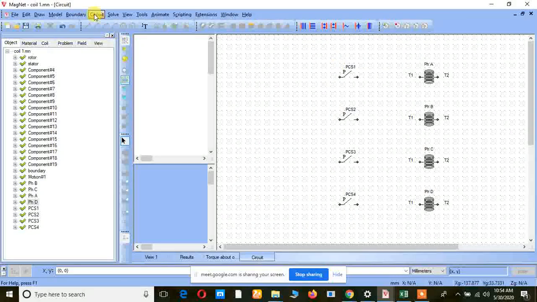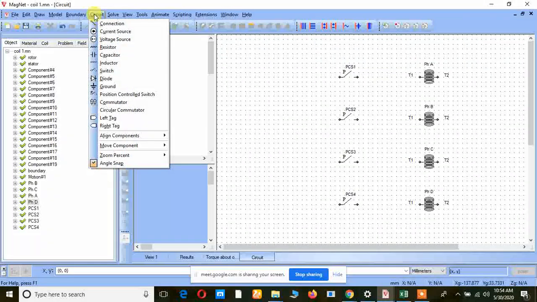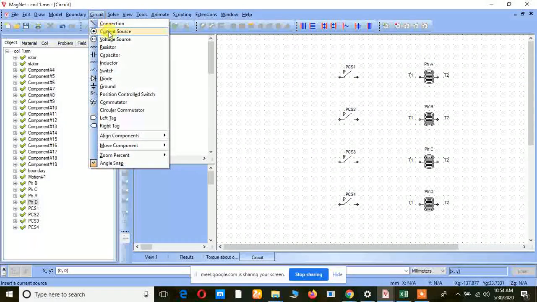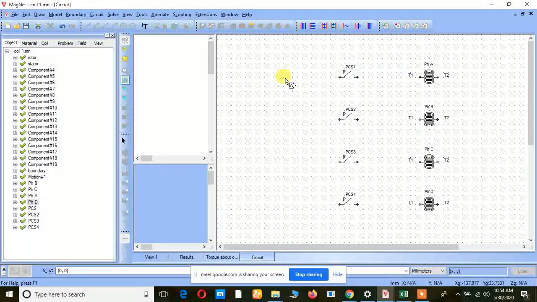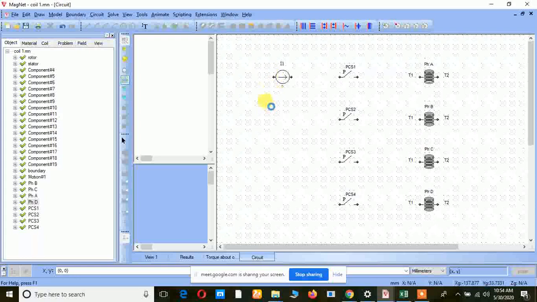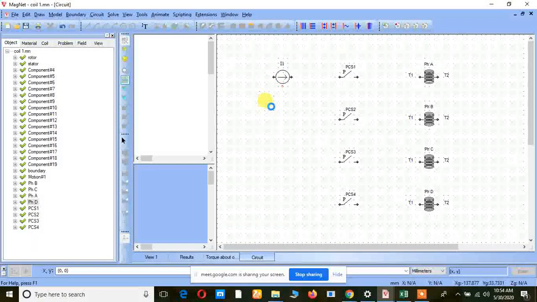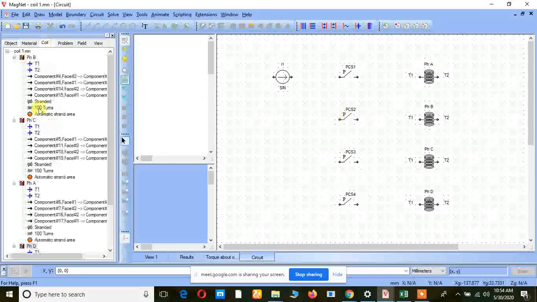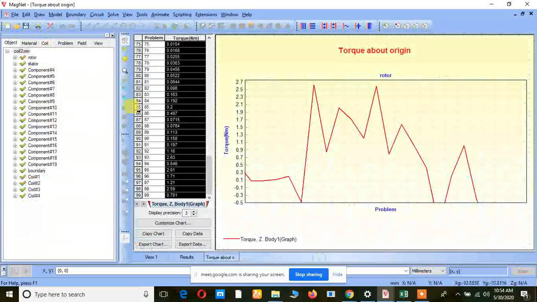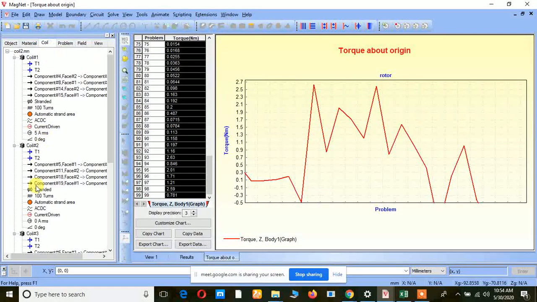The next selection is the source. We are going for the supply sources. We can select both current source or voltage source. I am going for the current source. You can go for the voltage source also, that is no problem. The reason why I am going for current source here is that in the static analysis, we gave the current values as the input, not the voltage values. For that reason, I am giving the current values here, right?